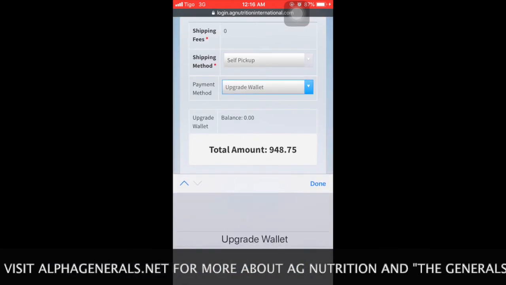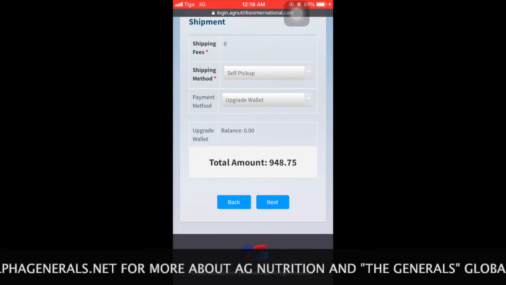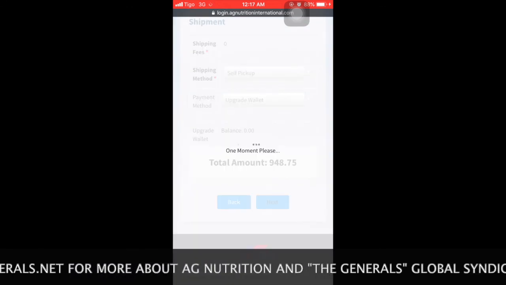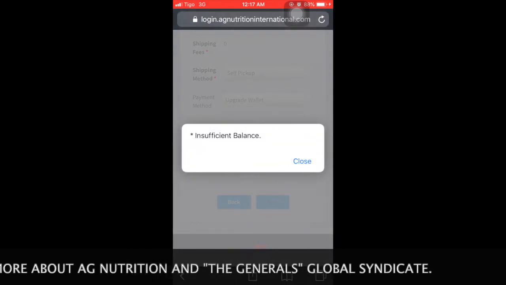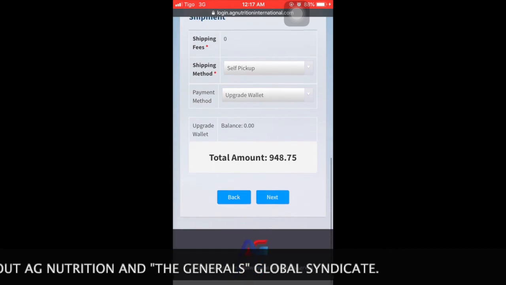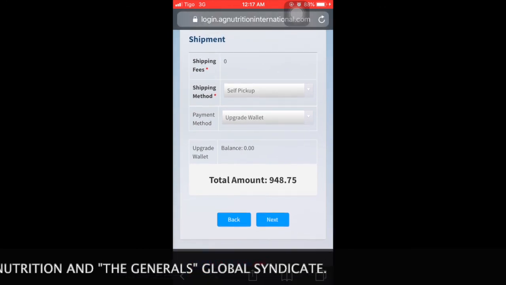Yes, the wallet is from the upgrade wallet. That's right. Then you click on next. So when we click on next, let's see what happens. They'll move us to payment, or they'll tell us insufficient balance. And so we don't have points in our upgrade wallet. And so before you